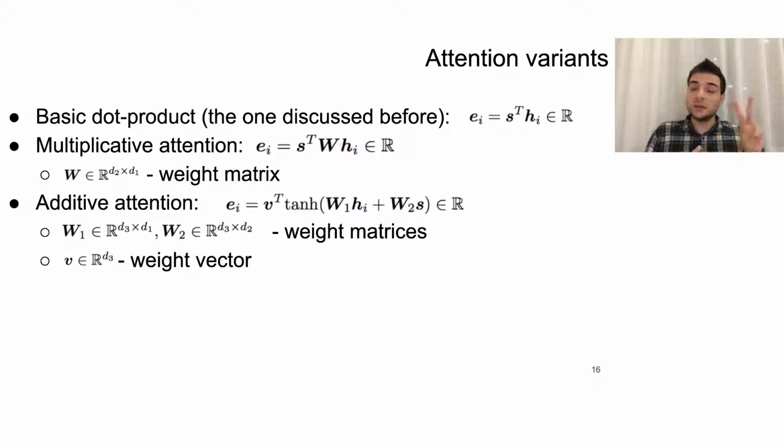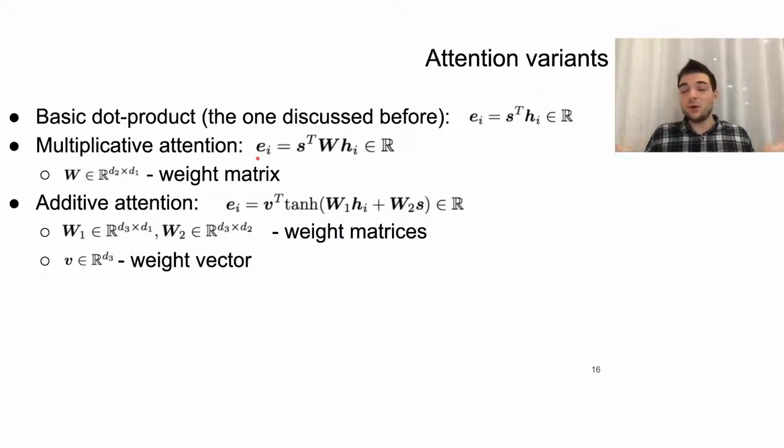And it helps us in two situations. First of all, it allows us to compute a more complex attention score, and it also allows us to compute attention scores even between different sized vectors. For example, our decoder has a 10-dimensional hidden state vector, and our encoder has a 15-dimensional hidden state vector. So we need first to map them into the same space. This omega maps the state of the encoder into some linear space where it is multiplied using dot product with the decoder hidden state.